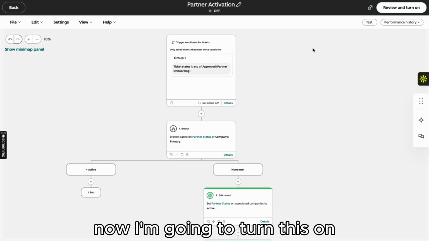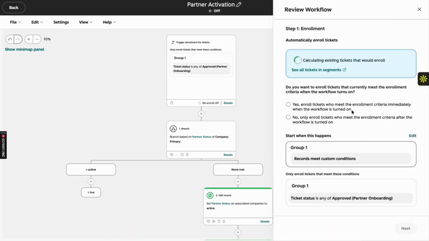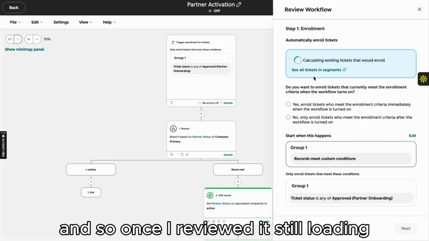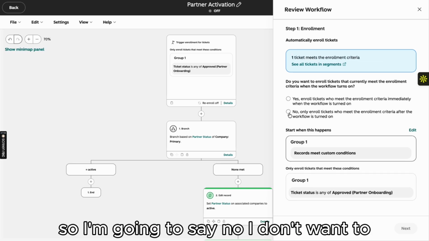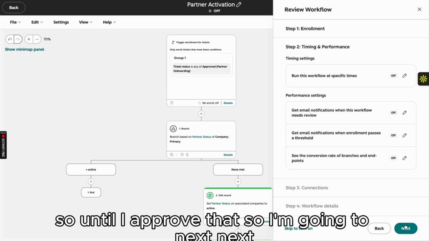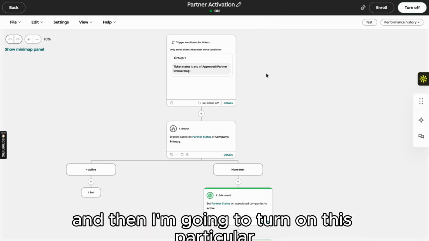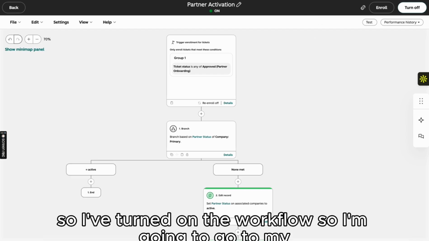Now I'm going to turn this on. Because it's actually off, I'm going to turn it on and review. It's still loading, so I'm going to say no, I don't want to, until I approve that. So I'm going to click next, and then I'm going to turn on this particular workflow. So I've turned on the workflow. So I'm going to go to